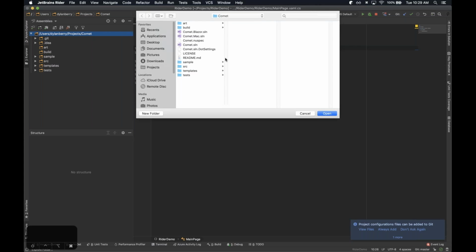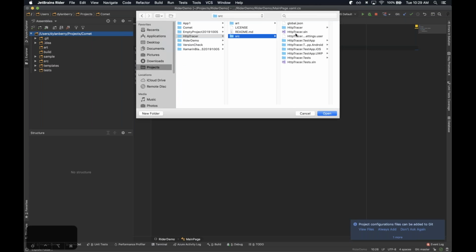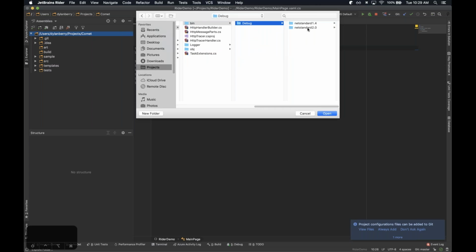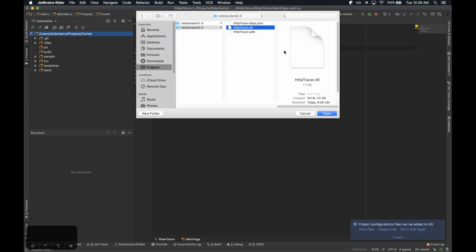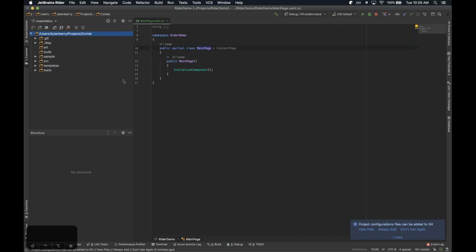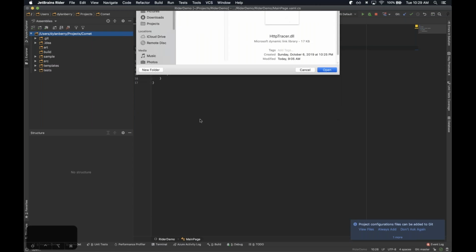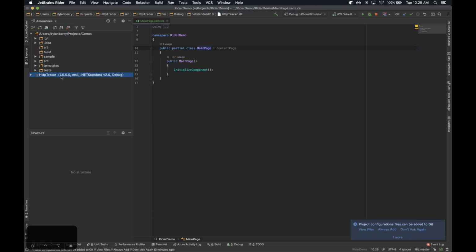So I'm going to actually use one of my libraries here, HTTP Tracer, and I'm going to look in my bin folder here and say I wanted to look at how HTTP Tracer was working. I could load up that file. Or I loaded a folder, didn't I? Yes, I did. Let's load up this file. So I've got the raw assembly here, and I can browse this assembly. So I can browse through it and take a look at what each piece of